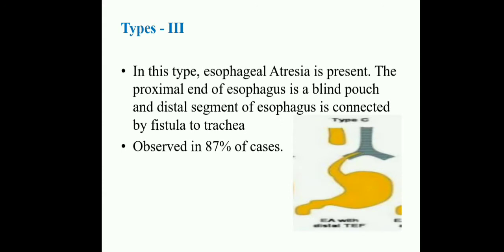Coming to the third type. In this type, esophageal atresia is present. Atresia means a blind pouch is there, a blind part is there. There is no connection. The proximal end of the esophagus is a blind pouch and the distal segment of the esophagus is connected by a fistula to the trachea. The percentage of cases is 87%